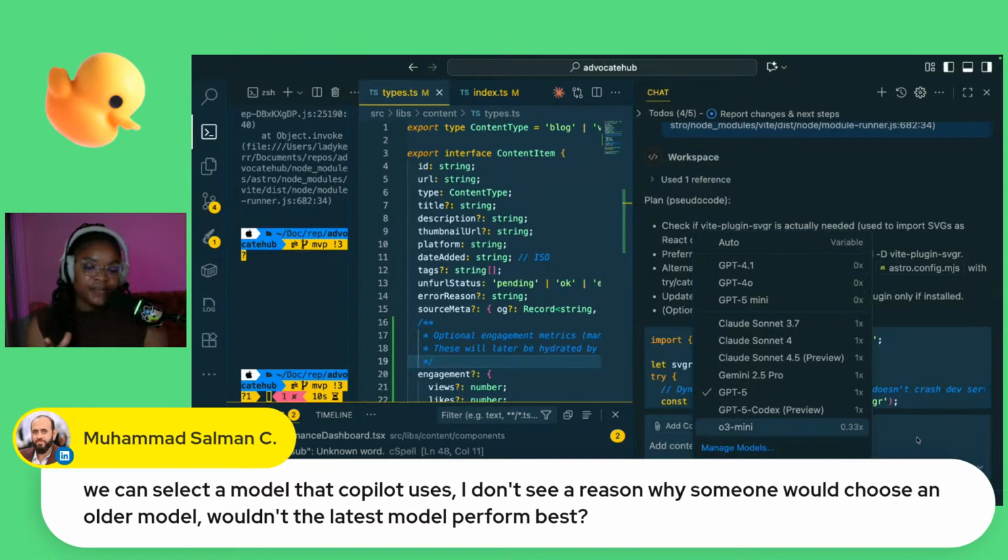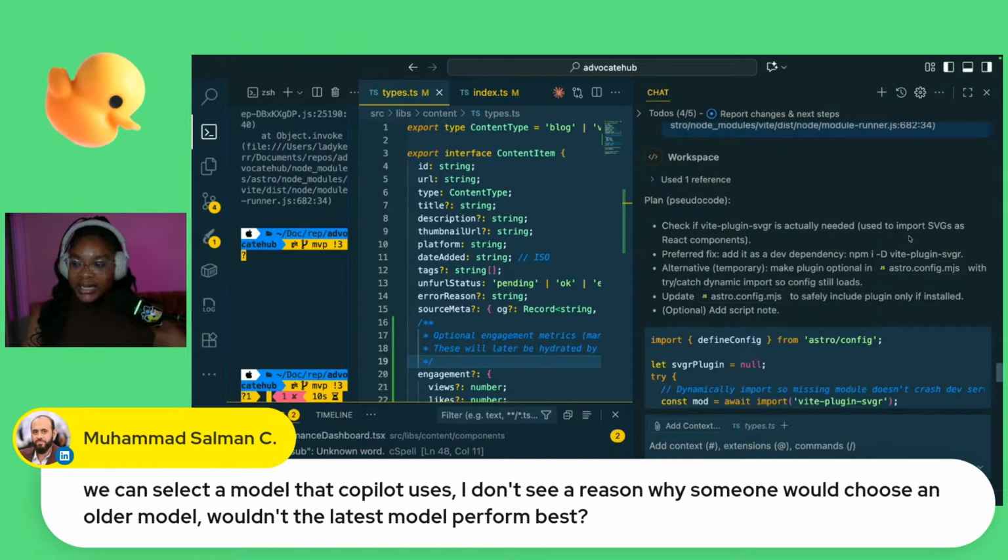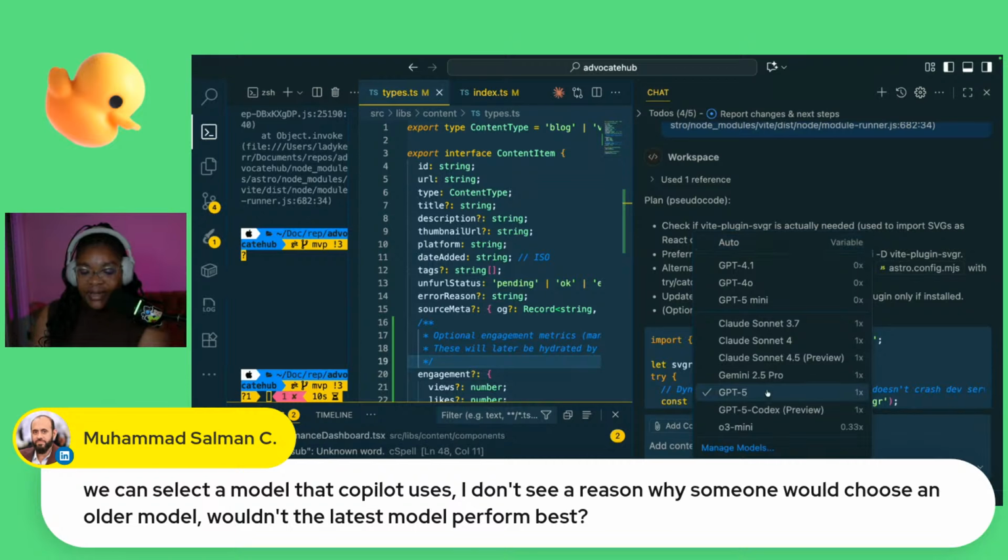If you're using a model for coding, like in this case, of course, use the latest and greatest models. But if you're building an application that uses an LLM, to send a request and then to get something back for your users, I would say you would choose the most cost-efficient model, and you would choose the one that gives you the most accurate results. It doesn't always have to be the latest and greatest models, because they are going to be pretty expensive. So it's not a blanket statement of just use the latest models. It depends on what you're doing. For coding like this, definitely, if you have access, use the latest models.